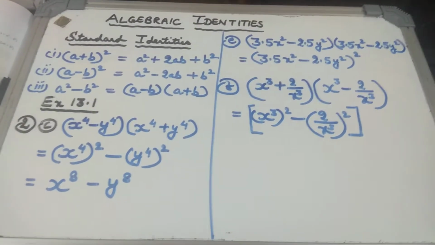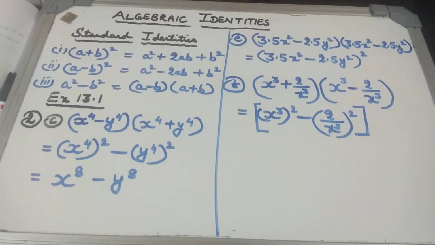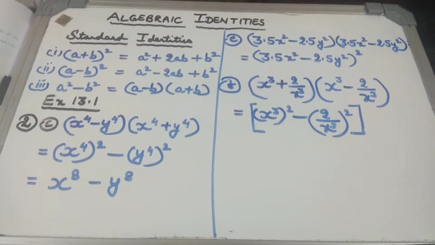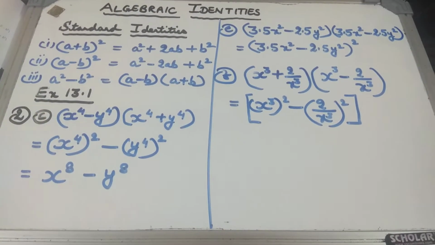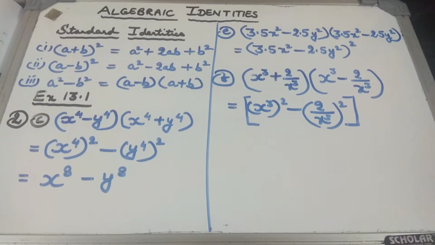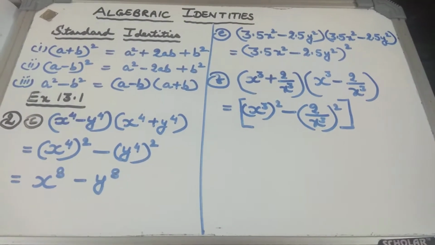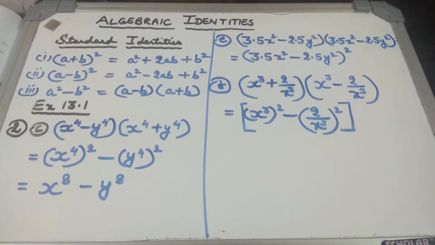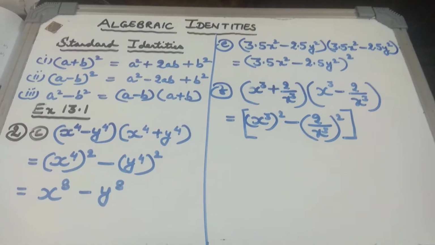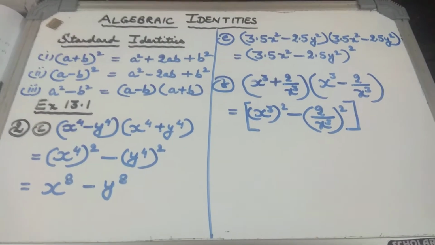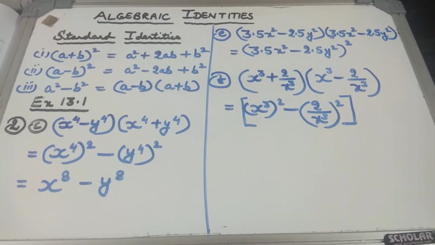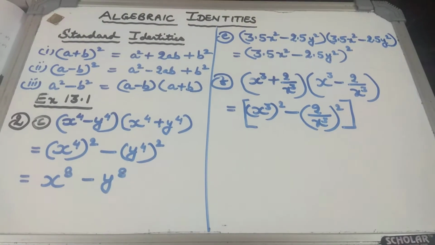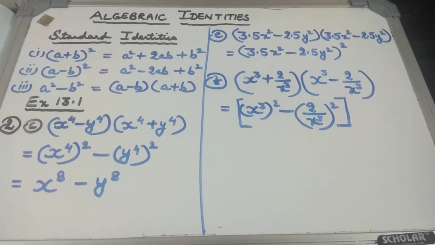So unless and until you have the formula or you have learned the formula, you just can't use the identities here itself. So you have to learn them, then only you can use them or apply them in the exercise. Now question number 2, I have taken C part because in C part it was power 4, so I thought it might confuse you, that is why. Although the questions are in fact oral here, but if it is given in your problem form, you need to know the steps and do it systematically.